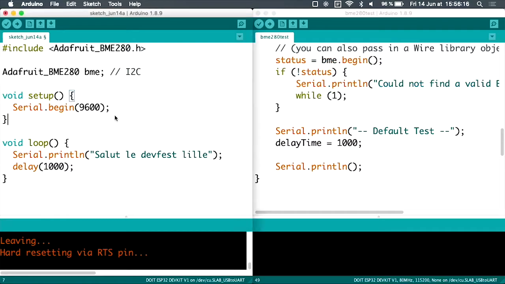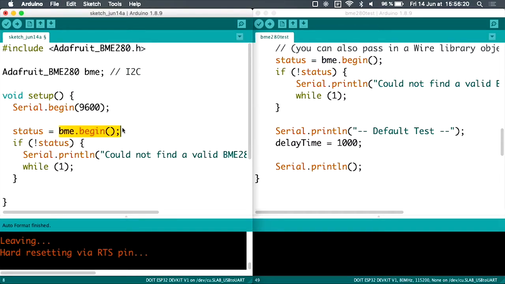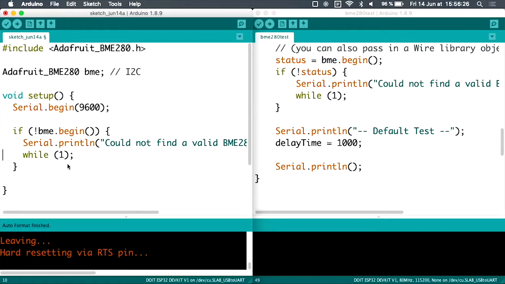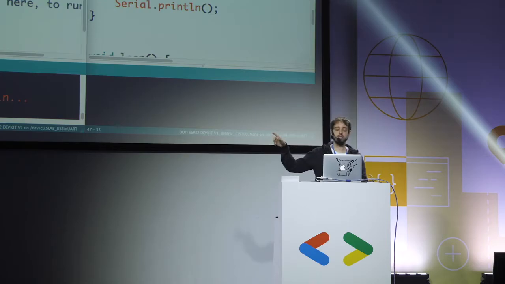First we try to call bme.begin, and if it fails, we just write a very simple message like "that doesn't work". And we just wait, because we don't need to continue: the microcontroller cannot communicate with the sensor, so it will not work.